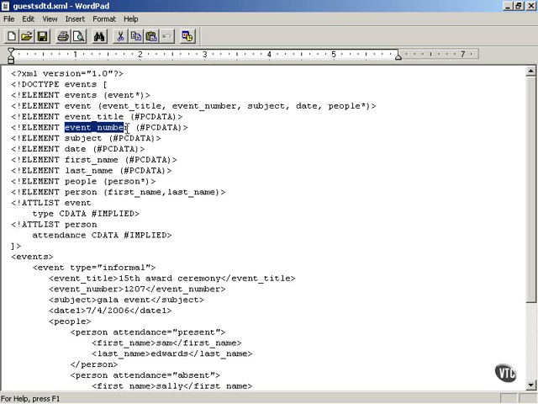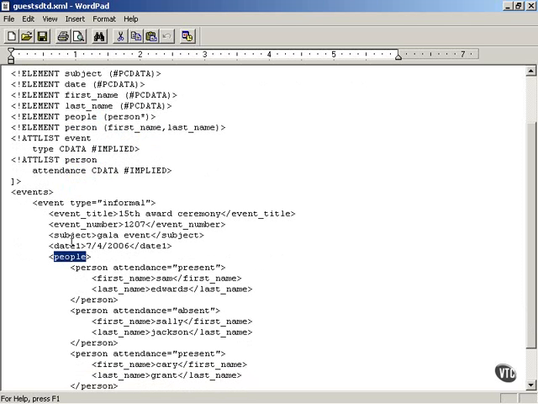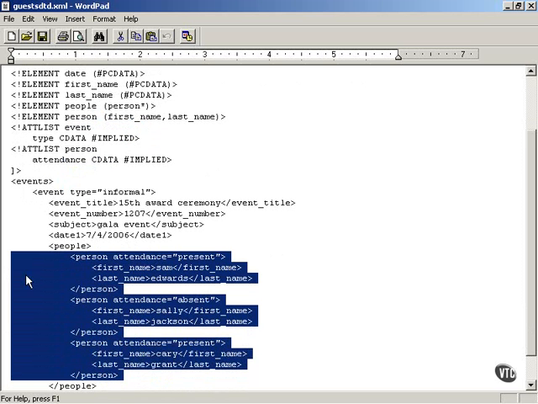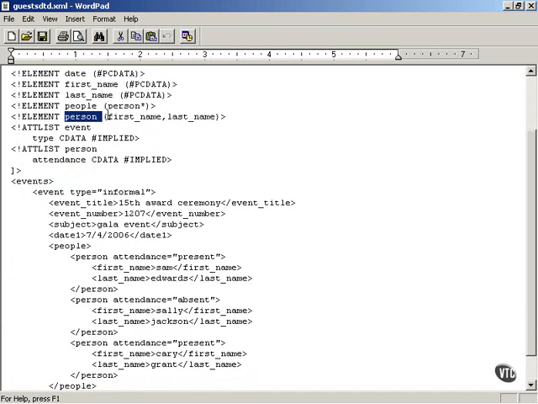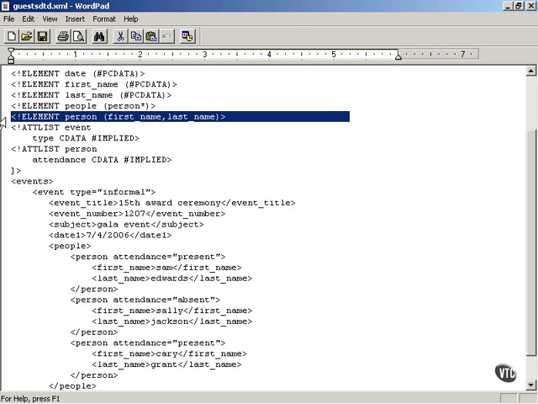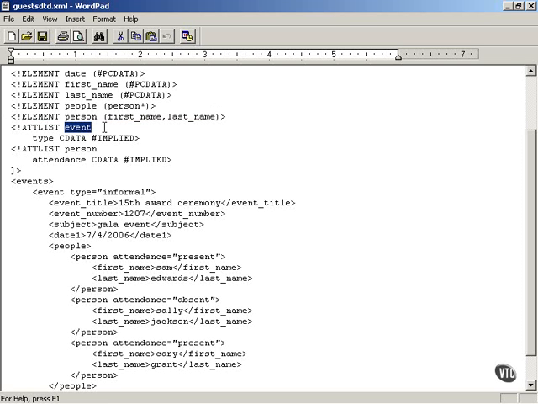The event number element must also contain text, and same with the subject, date, first name, and last name elements. And the people element, which is down here, can contain any number of person elements. As you see in this example, there are 3 person elements. And each person element in turn must contain a first name and a last name element, like that. First name and last name. And the event element also contains a